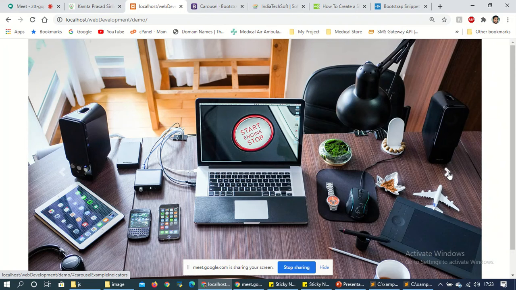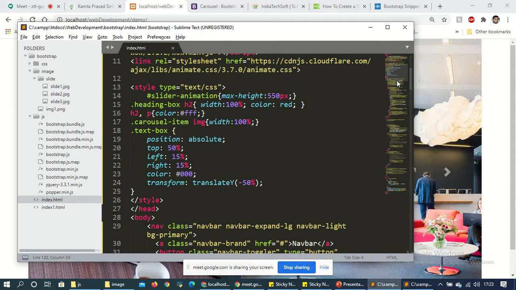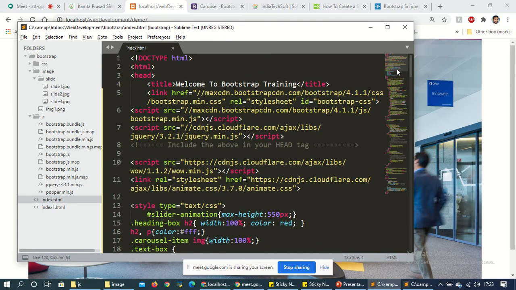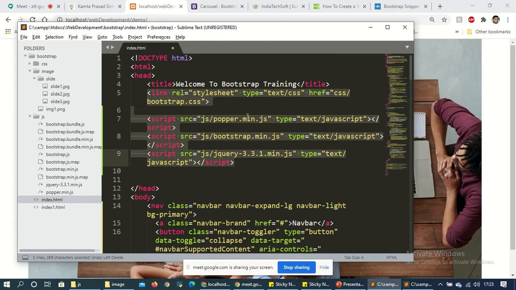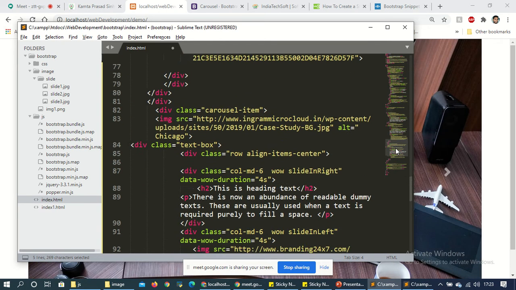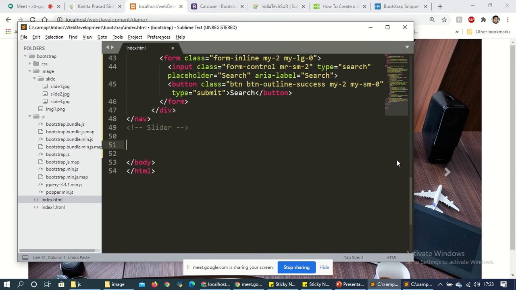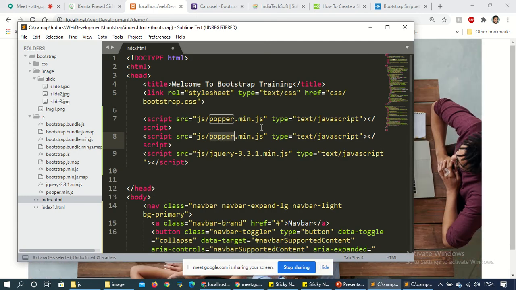I won't do anything. See the code that I have written. This is my code, and it was also my code. Here, what are the files I have included? Yeah, these are the files.